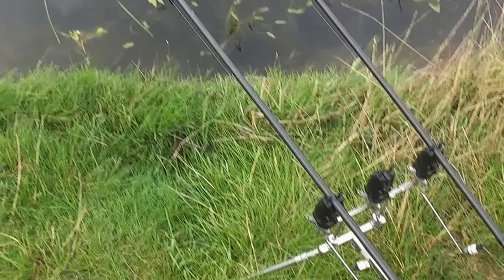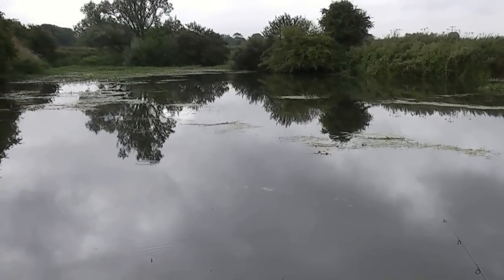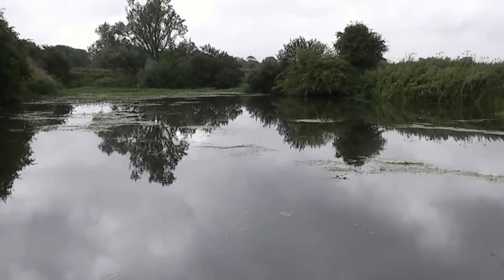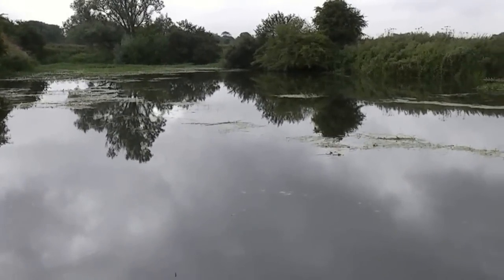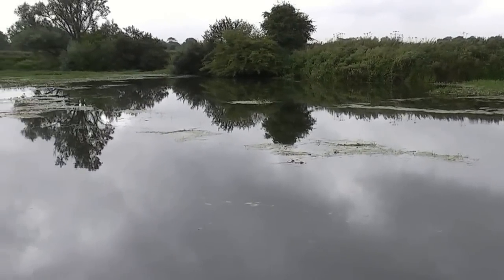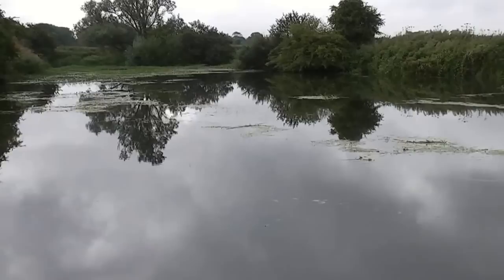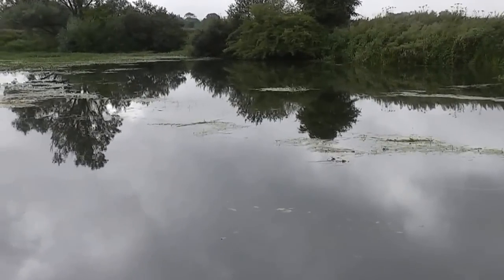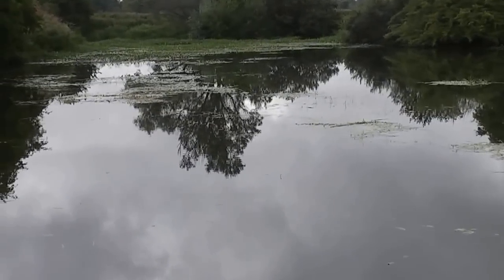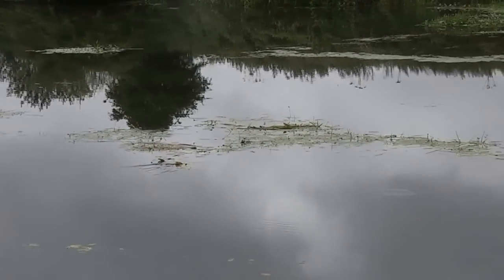And as you can see, I've only got 2 rods out at the moment as well. You know, it would obviously give me much more of a chance to put 3 or even 4 rods out when there's nobody here, but I like to keep things nice and simple. I know where the fish tend to hide out and where they tend to feed on this water, and it's just at the back of this weed here. You can see this slight strip of weed there. There's a few clear areas just over the back of there,